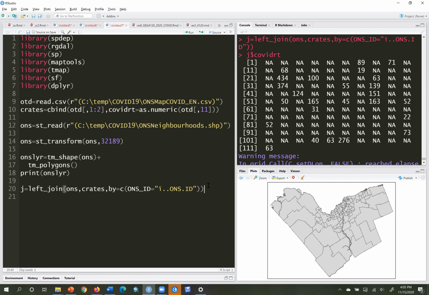Now, in order to do the spatial autocorrelation analysis, I can't have a whole bunch of NAs. I can only use non-NA data for analysis of spatial autocorrelation. So I have to subset out of J right now, which is all the neighborhoods, just the ones that have values for the number of infections per 100,000. So I'll go down here and do that with regular subsetting. I'll say J equals J,